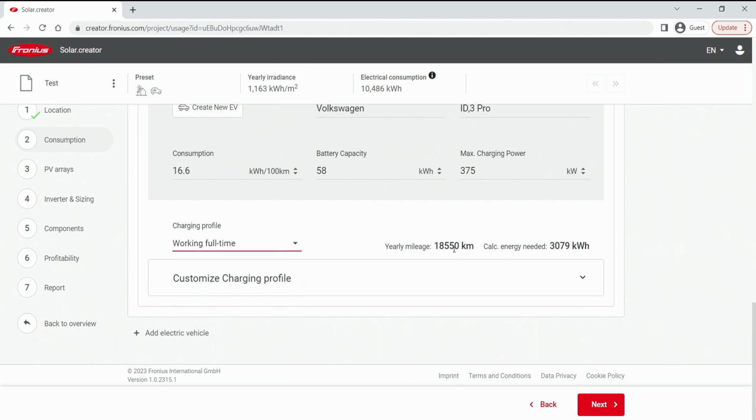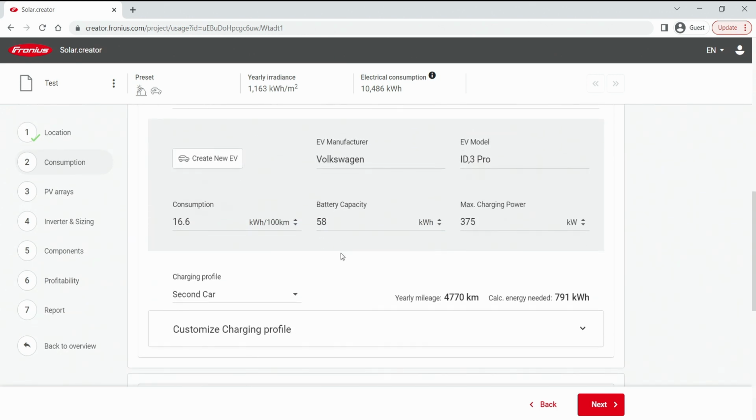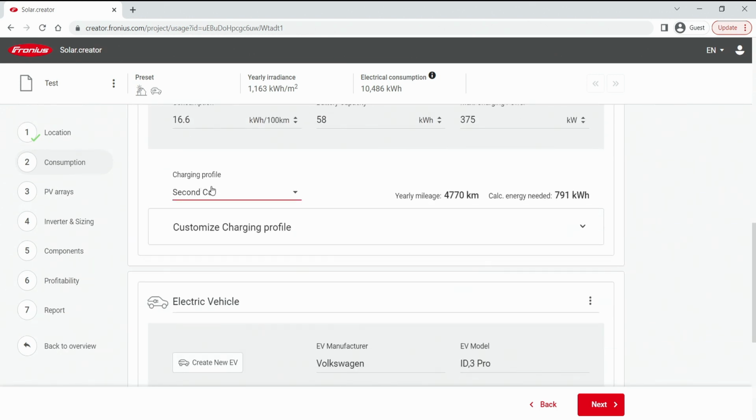And this is something very important when it comes to the final report, to step number 7. Because if we have two cars in here and both of them have the same charging profile and the same charging hours, the same yearly mileage and so on, of course it can be quite tricky to visualize that correctly, because both cars want to be charged up at the same time